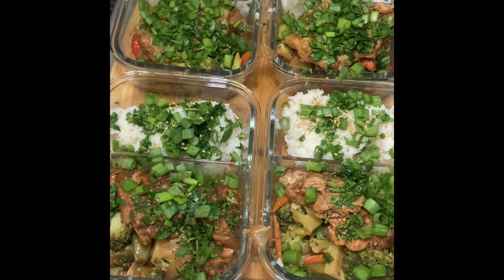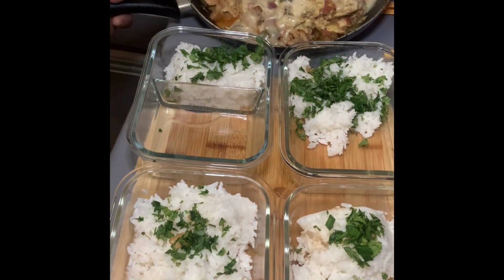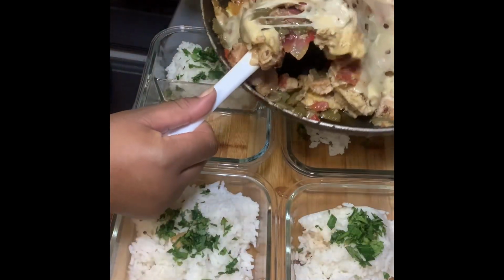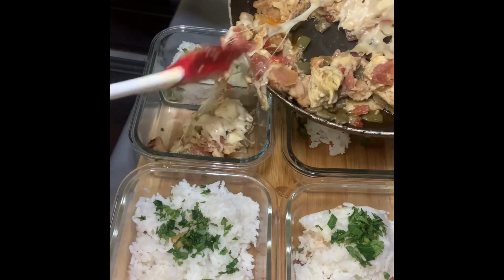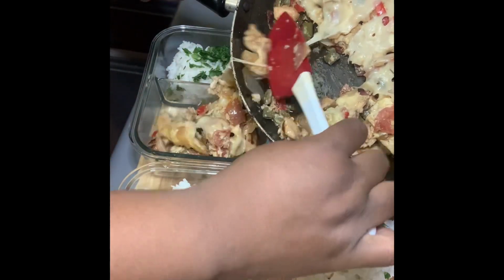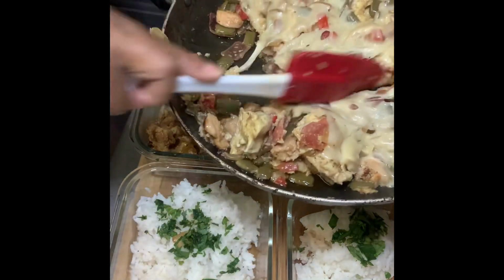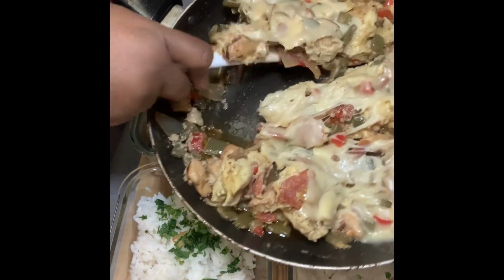I want to try the black sesame seeds, so I have to shop around so I can find them in stores. And now I'm going to go ahead and, oh, look at those eggs. I put some Munster cheese on top and just let it melt. And this actually will last at least 4 days in the refrigerator. So it's really good